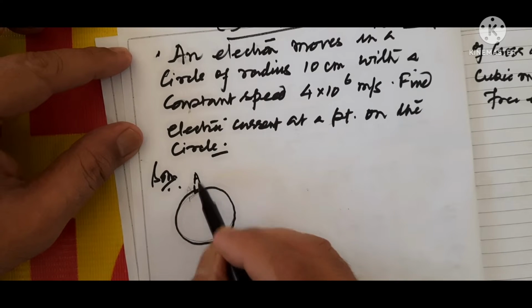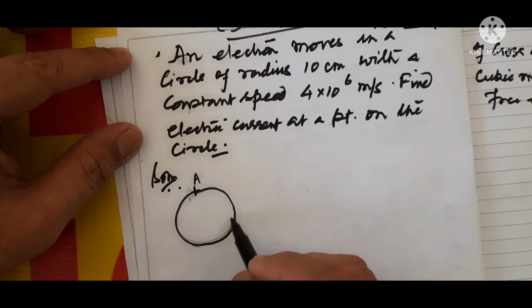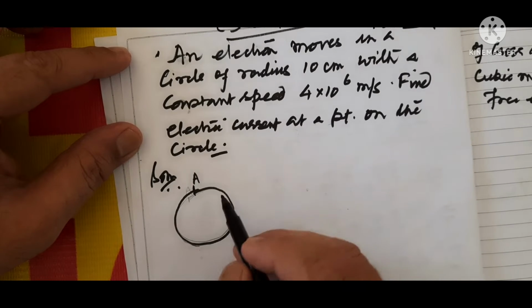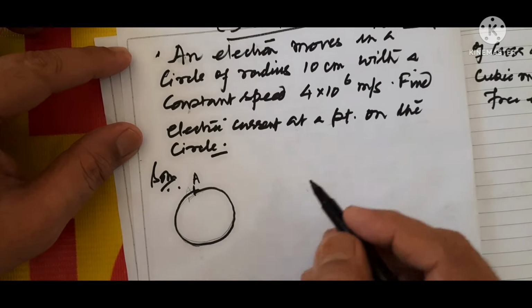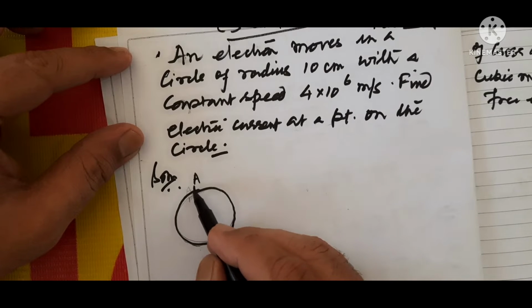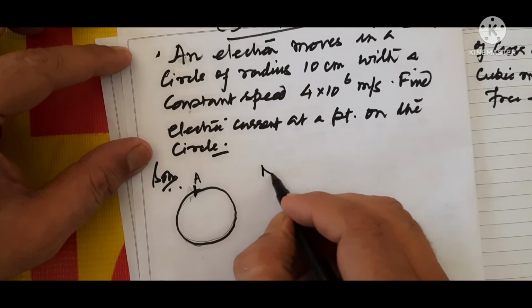Say at a point A, the electron is traveling and revolving around it in a circular manner. Now, when the electron crosses point A, then we can write